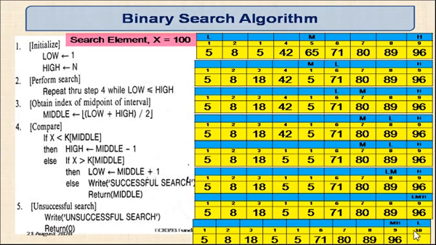This is what is called an unsuccessful search. So now we will come to know that. So you see it goes back. What is the condition? Pointer low is less than or equal to high. Pointer low is 10, high is 9. So the condition fails. So it will come to the fifth step because if the condition is satisfied it will go through step 4. Otherwise it will come to step 5 and it will write unsuccessful search, return 0. Following?